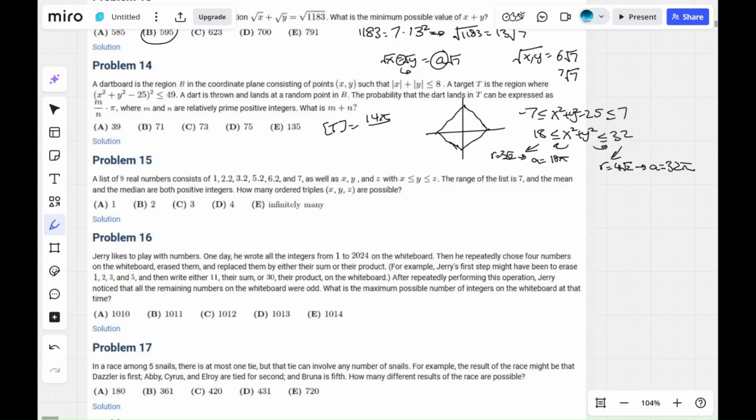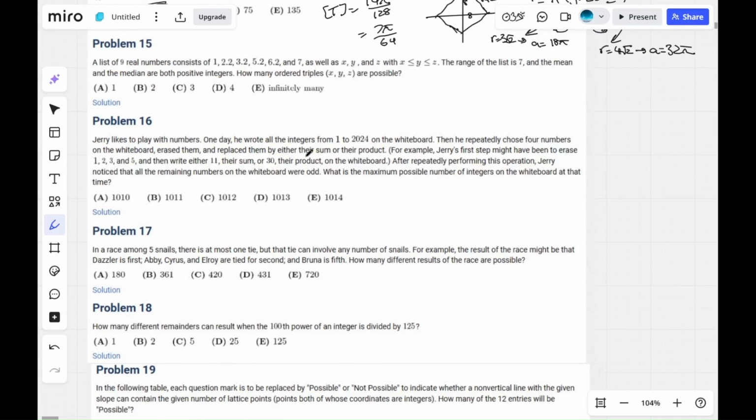And the area of the square region is, so this is 8, this is 8, so the length is 8 root 2, so the area is 128. So simplifying, this is 7 pi over 64, and so the value of m plus n is 7 plus 64, which is 71, which is B. Okay,